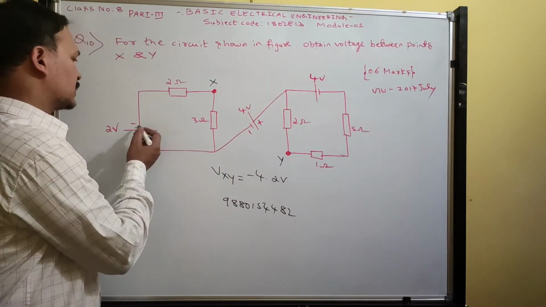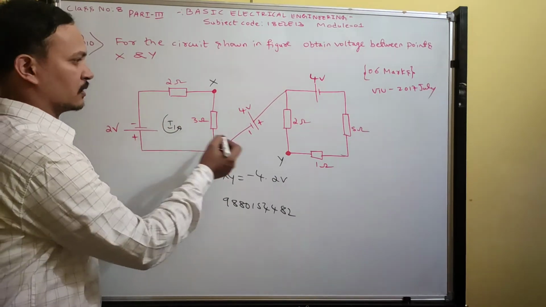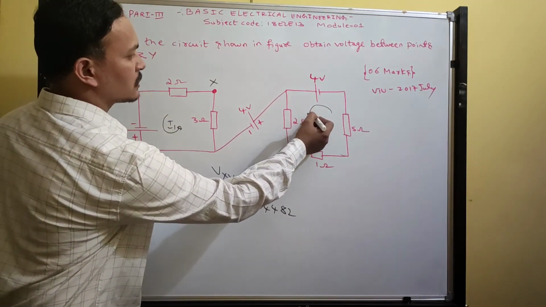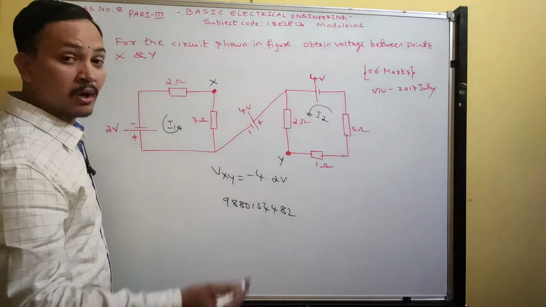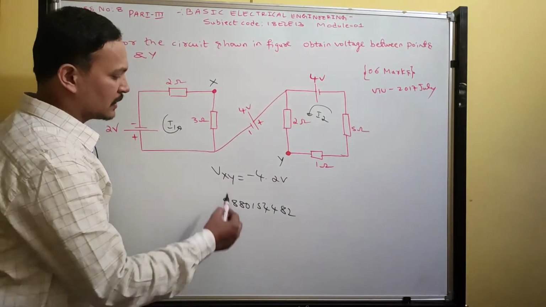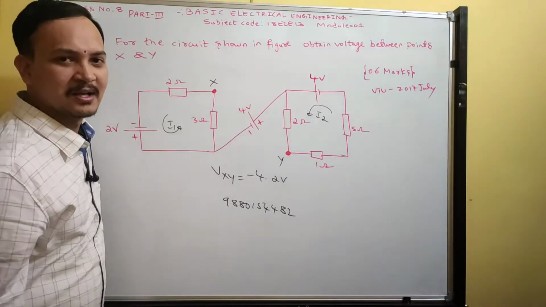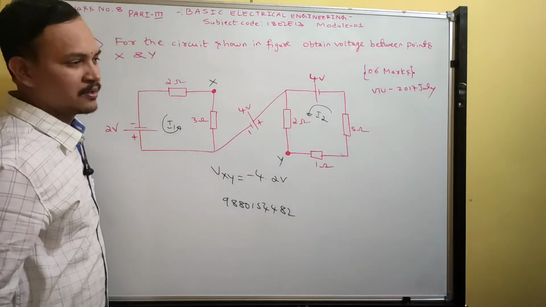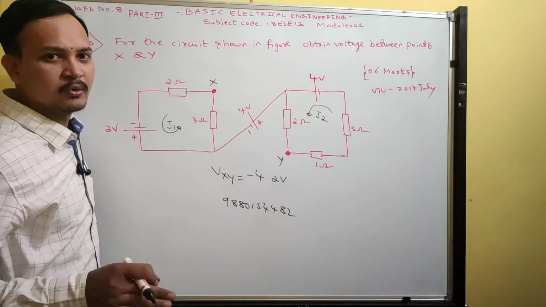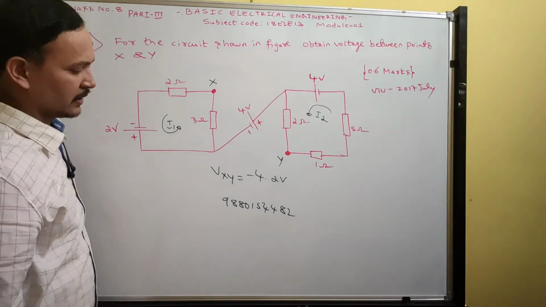So a voltage source is there. Always take the voltage source delivering the current I1. Where a voltage source is there, always take that we are going to deliver the current I2. Then solve the problem, and you will finally get the answer minus 4.2. But I am not sure about this answer. Don't stick to this answer. Whatever method you have used, be confident in that particular method. Okay, fine.